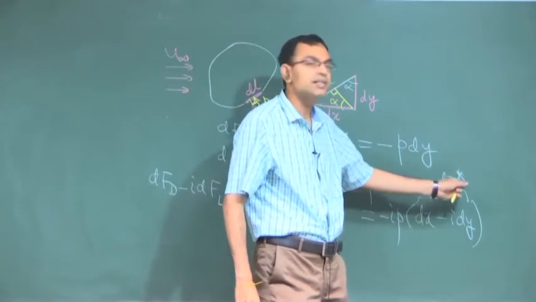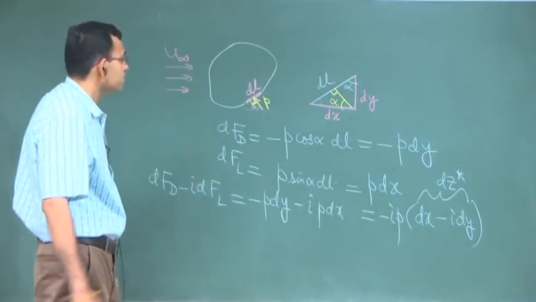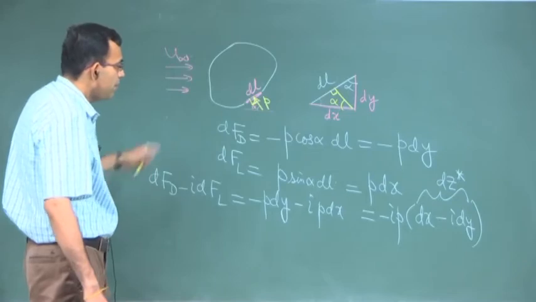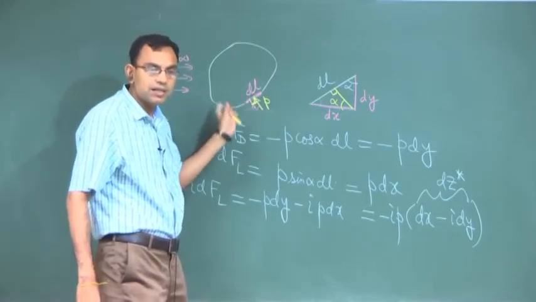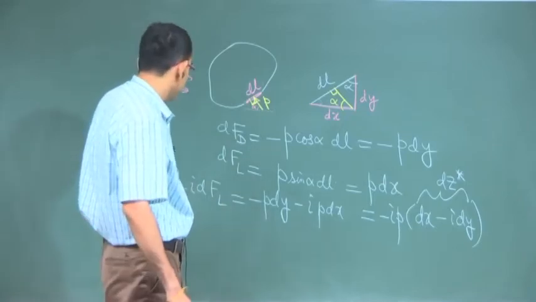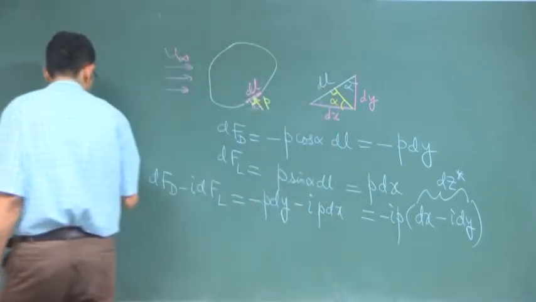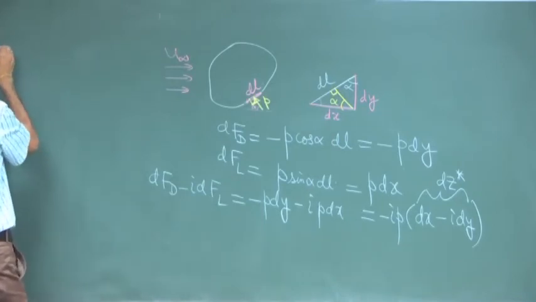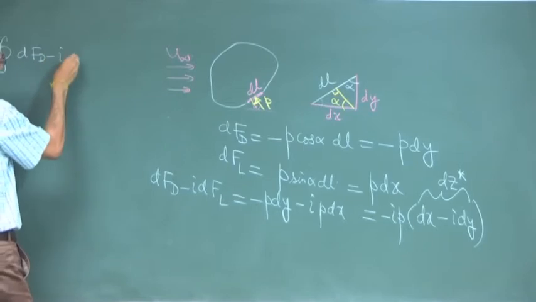So, this is dz star, let us say, the complex conjugate of dz. Remember, we have taken an arbitrary shaped body, not necessarily a circular cylinder. So, now let us use this part of the board maybe. So, the contour integral of dFd minus I dFl